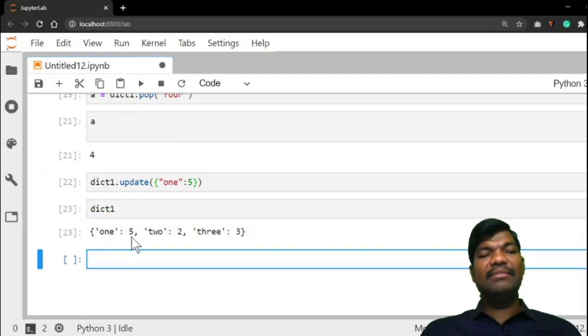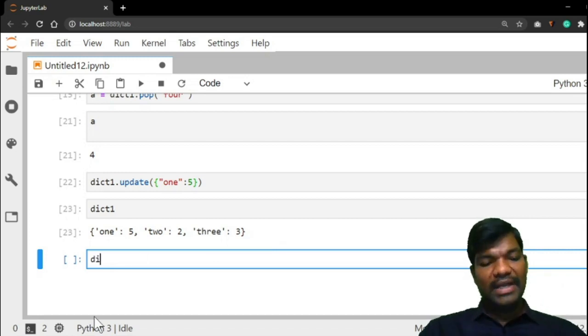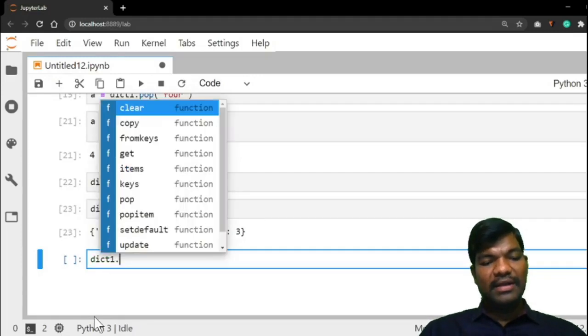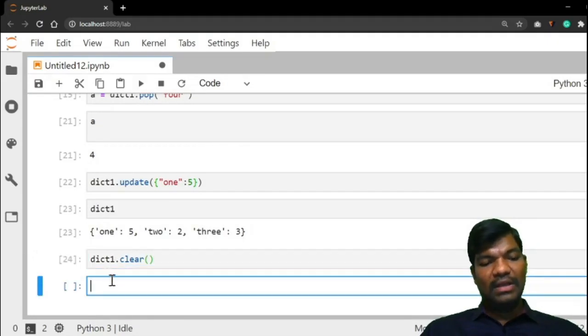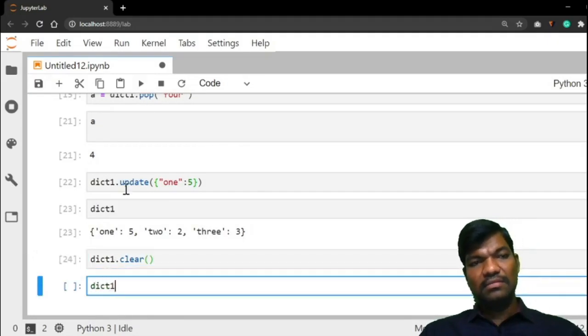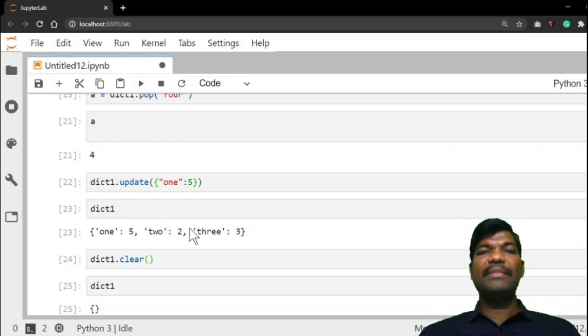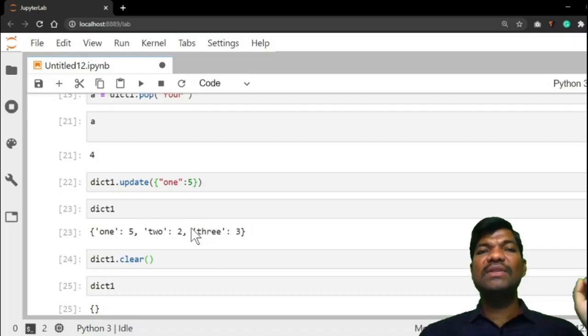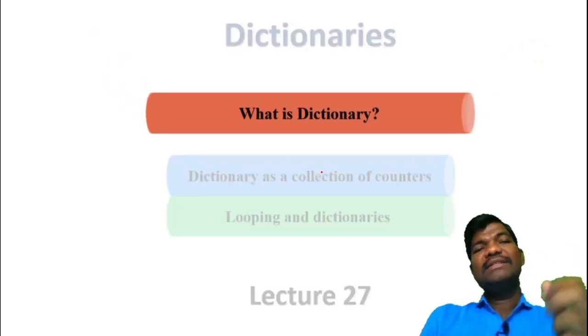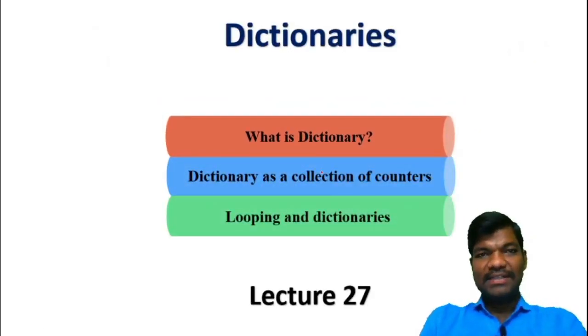See here, 1 is updated to 5, remaining are same. Right? That is updation. Next, coming to the dict1.clear operation. Run it. Now check dict1. It is empty. So clear operation means it will clear all items in the dictionary. So that's the concept of what is dictionary.